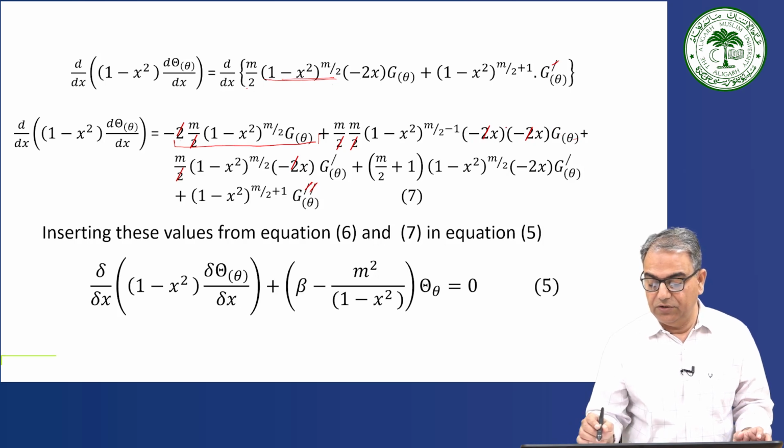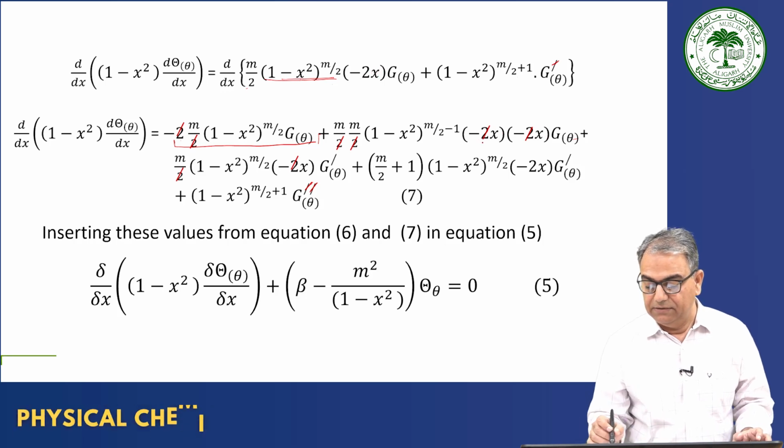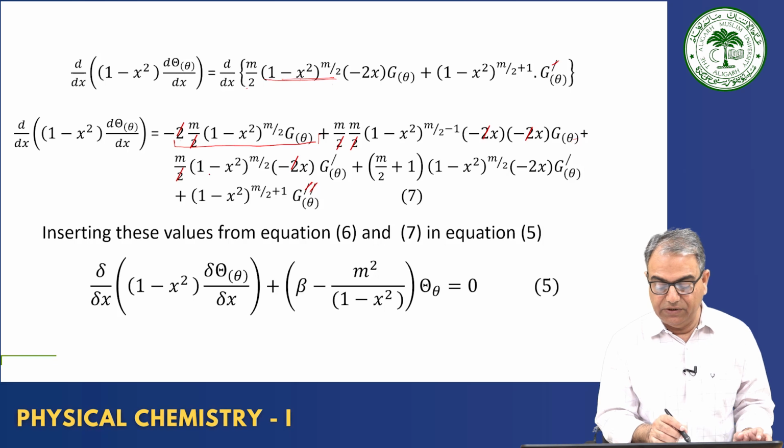Okay, so I differentiated this one, I differentiated x, and then the rest of the part remains the same, and then here what did I do? I differentiated g theta. So one part, second part, and third part. So up to three parts I have differentiated at this level. Okay,